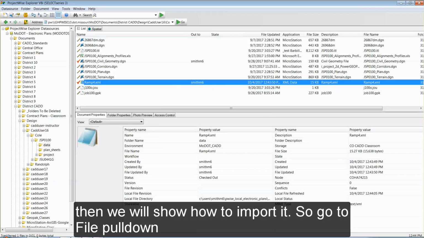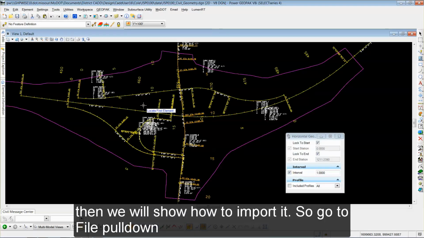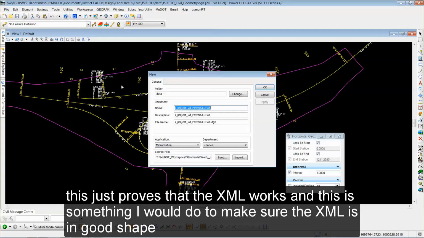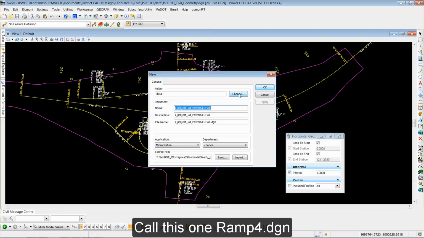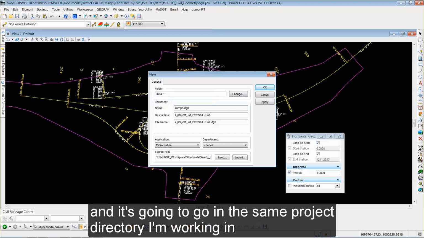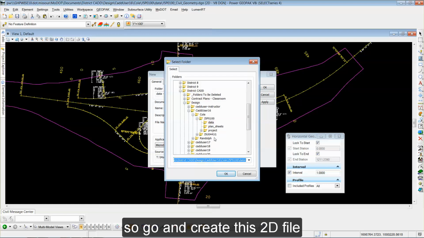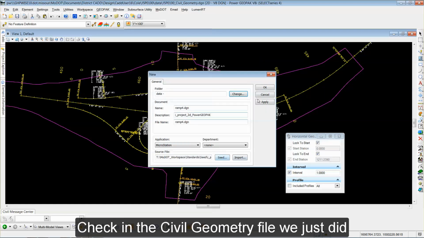Just make sure it's there. Then we'll show how to import. So we're going to go to the File pull-down menu and click New. This just proves that the XML works, and this is something I would do to make sure the XML is in good shape. Let's call this one ramp4.dgn, and it's going to go to the same project directory that I'm currently working in. So go and create this 2D file, and we're going to check in the civil geometry file,